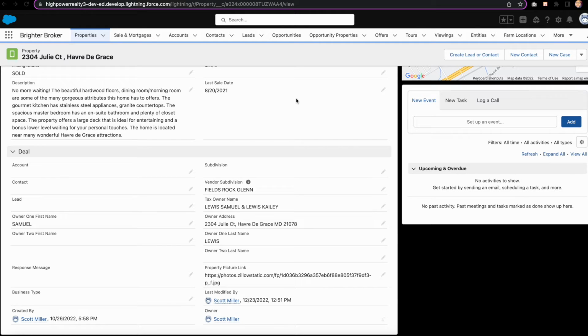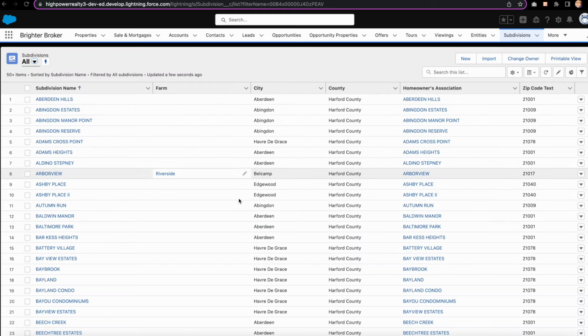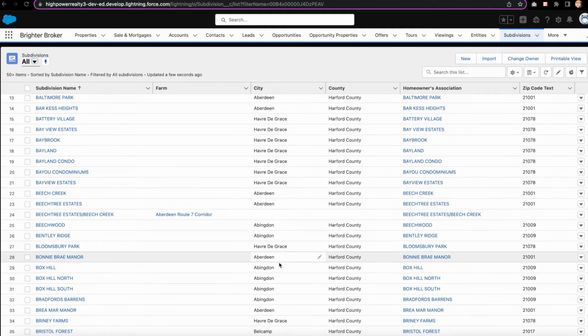Now I did create a subdivision custom object, and this is so that users can track data at the subdivision level, which will bubble up to the farm. So an agent will have a farm that they work. Maybe it'll be 3 or 4 subdivisions, that kind of thing. But subdivision data is good to have. Knowing how many homes are there, the average turnover, that kind of thing. And all these things I'm going to be adding later on. But right now, we want to tackle the problem of